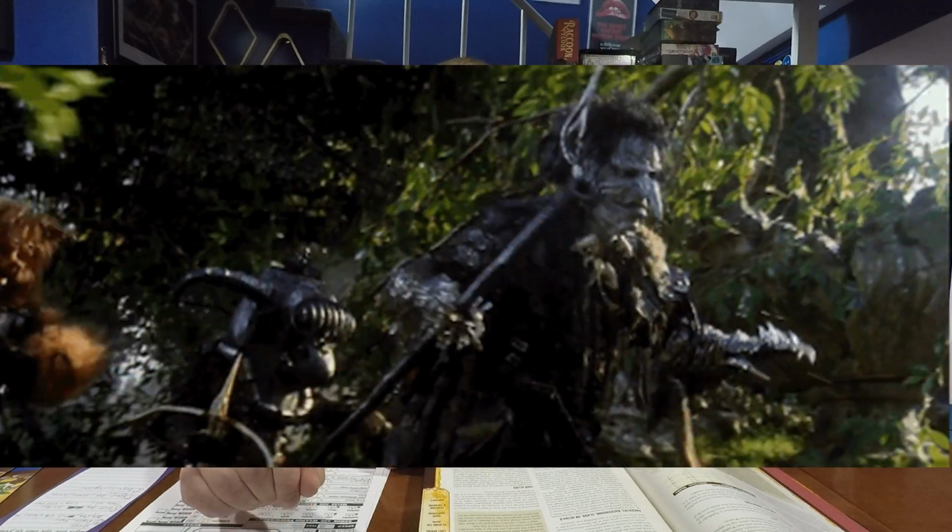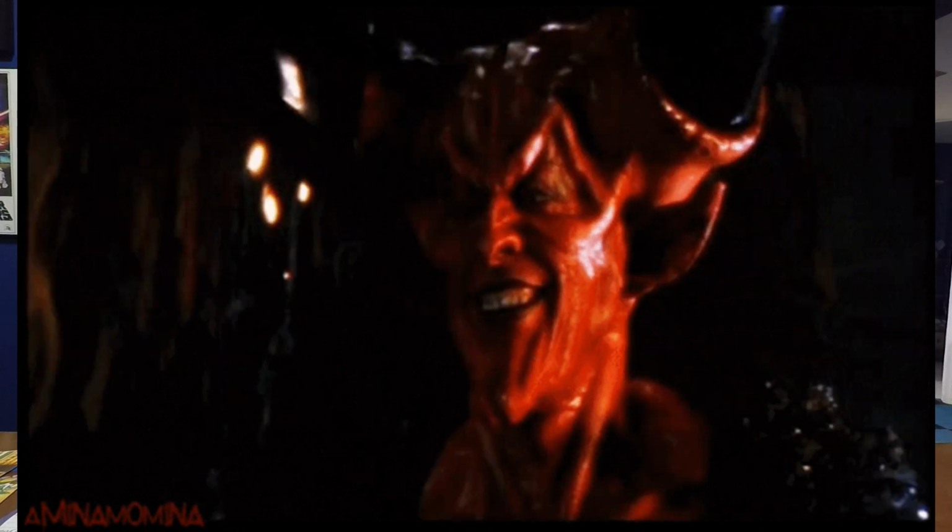Blix is the leader of the goblins in the movie, working for Darkness, played by Tim Curry. And while Tim Curry's Darkness may be the most quotable character in the movie, I feel like Blix is a close second, with some great lines and being very campy, and the actor very much hamming it up. Blix was a very memorable character for me in one of my favorite childhood fantasy films of the 1980s. So, without any further ado, I'm just going to jump into it and tell you how I made Blix